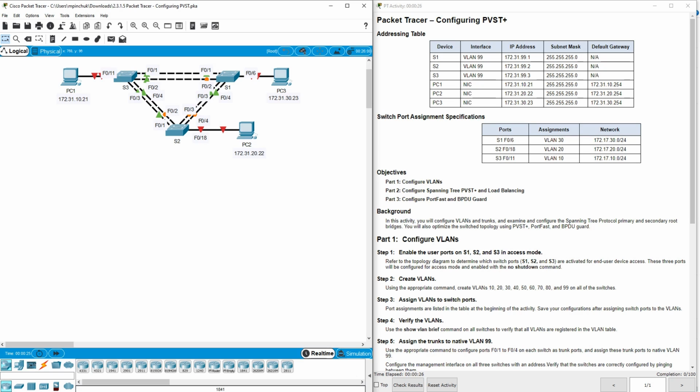Everybody. Today I would like to complete this small task in Packet Tracer, and we need to configure a Spanning-Tree protocol. We have three objectives for today. We need to configure VLANs on all switches. We need to configure Spanning-Tree PVST plus and load balancing, and we need to configure PortFast and BPDU guard. Let's start from the first objective, and